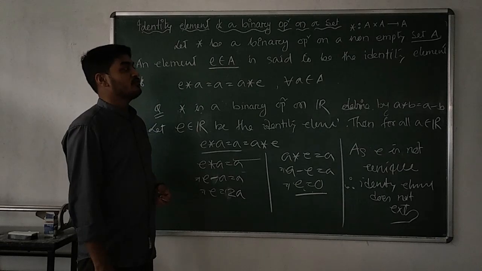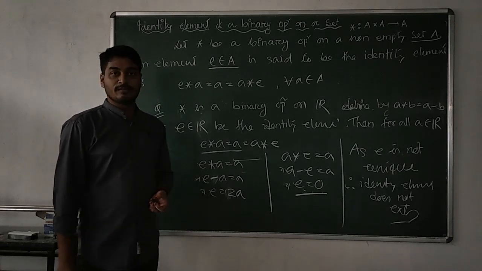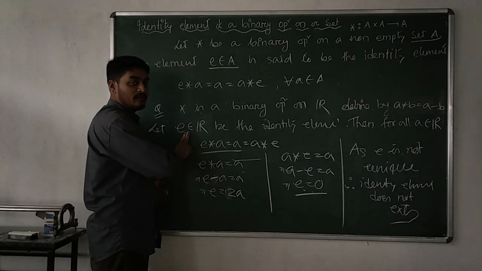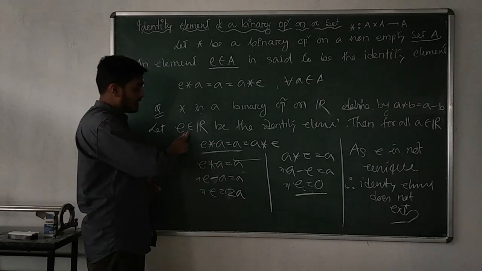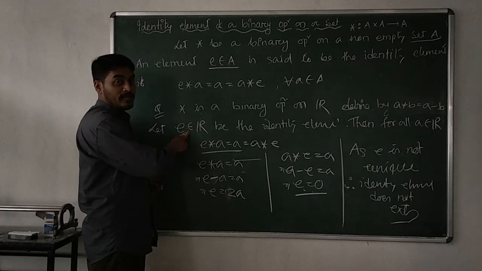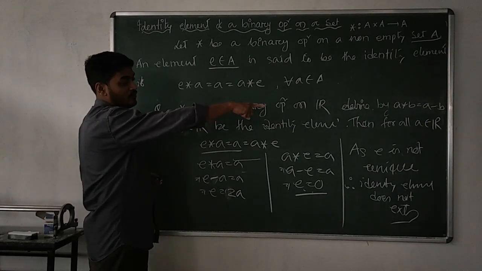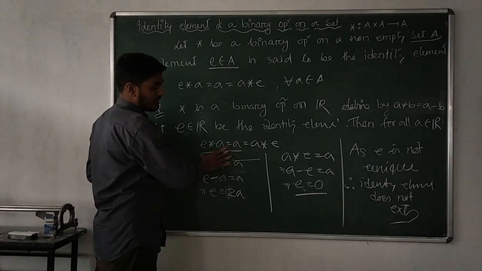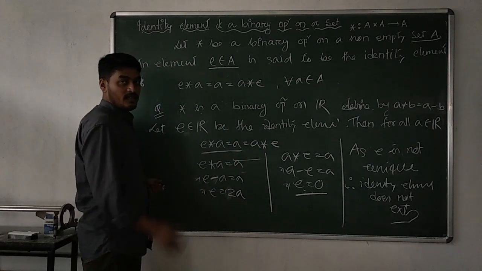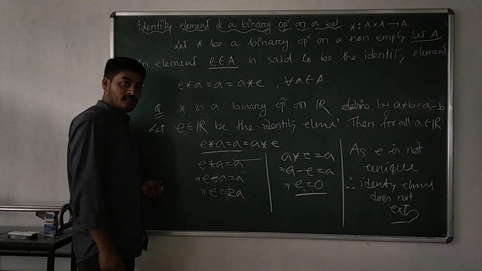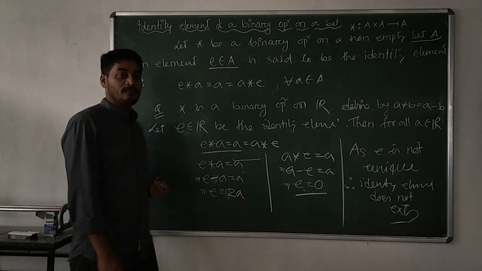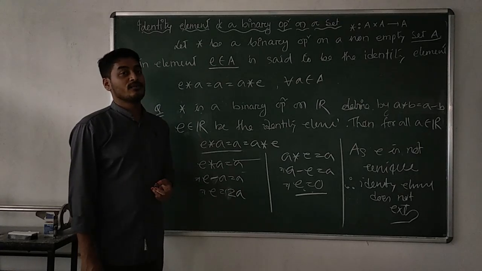So in this way, we will try to find the identity element for different operations. What are the steps? First of all, you have to consider an identity element from the set where the binary operation is defined, and then for all other elements, this condition should be satisfied. Then try to solve the right identity as well as the left identity. In both cases, if you have the same answer, and if the value of e belongs to the set where the binary operation is defined, then it will be the identity element for this operation.